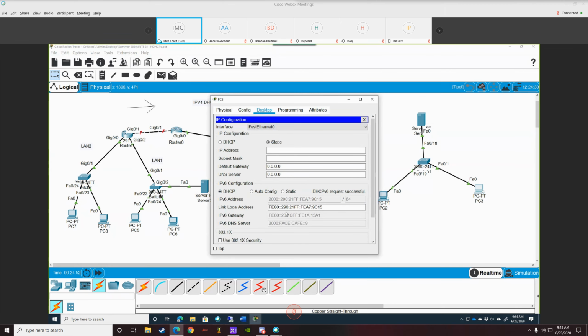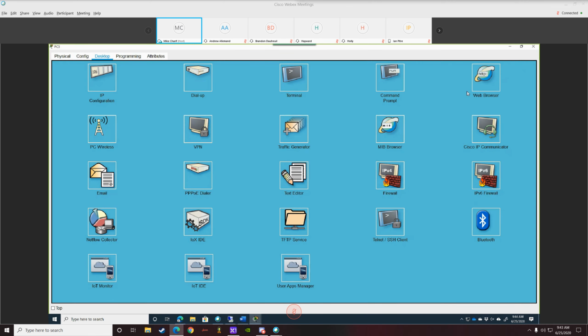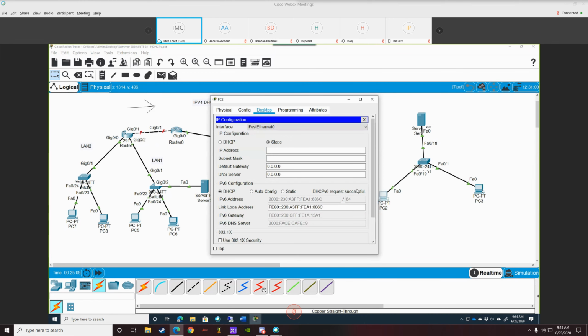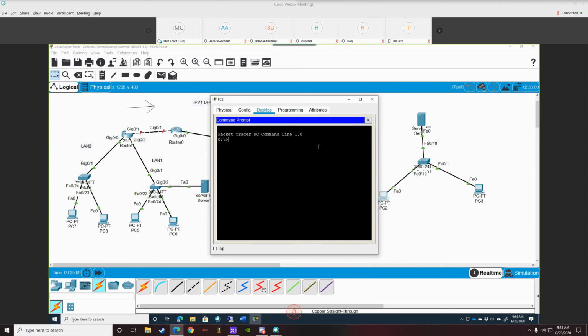Now it's working here. So now you can see if it's pinging or not. So we can go to this guy here, and you go to command prompt, and you can do